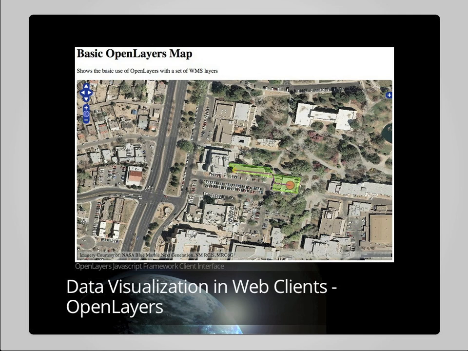Also translating into a broader community of developers that are contributing to OpenLayers,